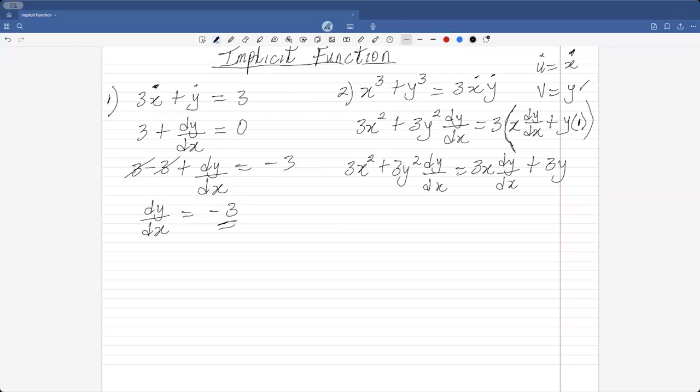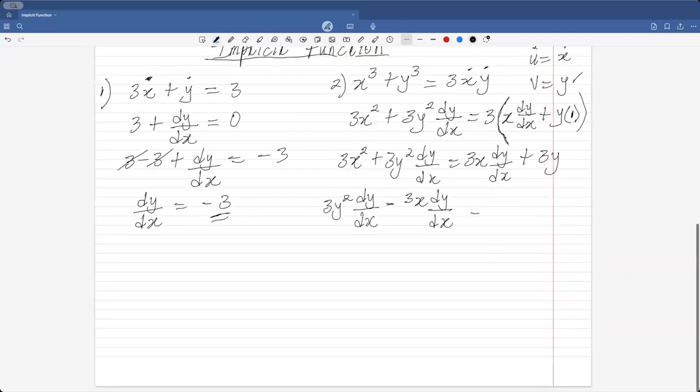Our aim is to isolate dy/dx. We can do so by collecting like terms first. So we have 3y squared dy/dx minus 3x dy/dx equals